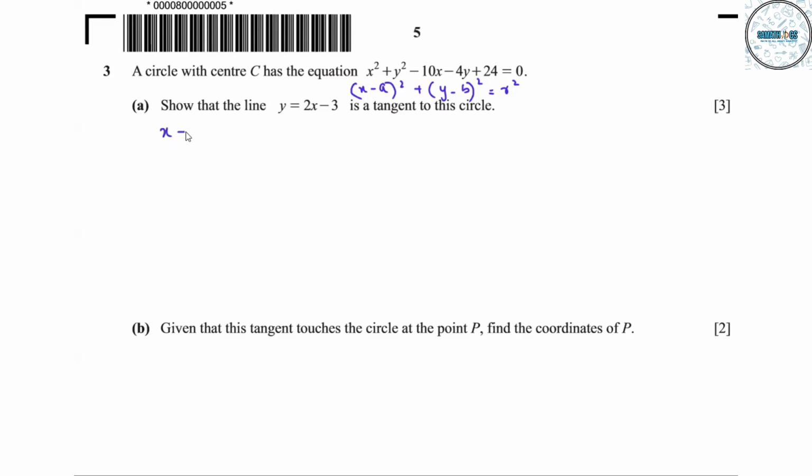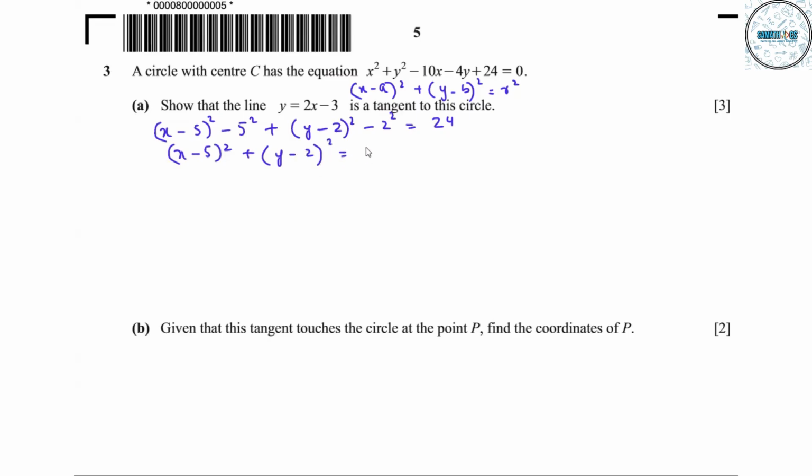So it will become x minus 5 whole square, then square of 5. Then we have here y squared minus 4y. So it will be changed to y minus 2 whole square minus 2 square is equal to 24. So we have now x minus 5 whole square plus y minus 2 whole square